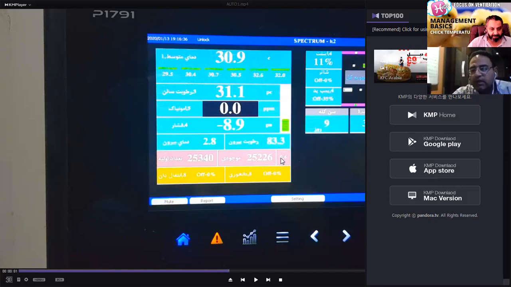Mortality was 0.4%. We controlled the air in the sheds just with a good ceiling and insulation.